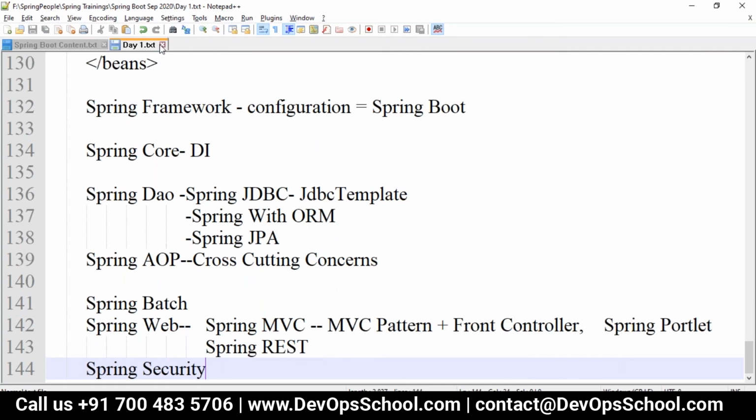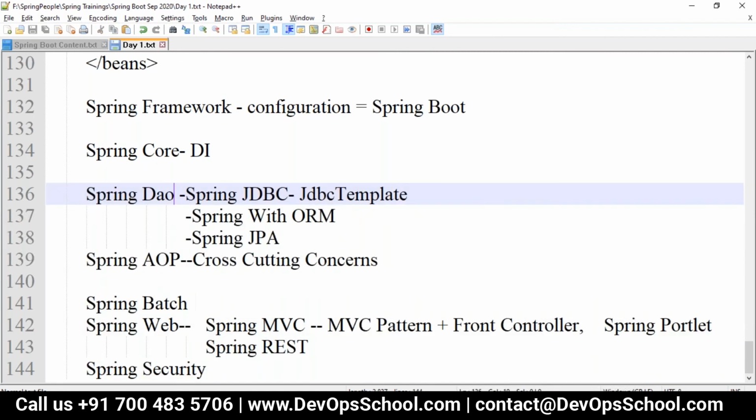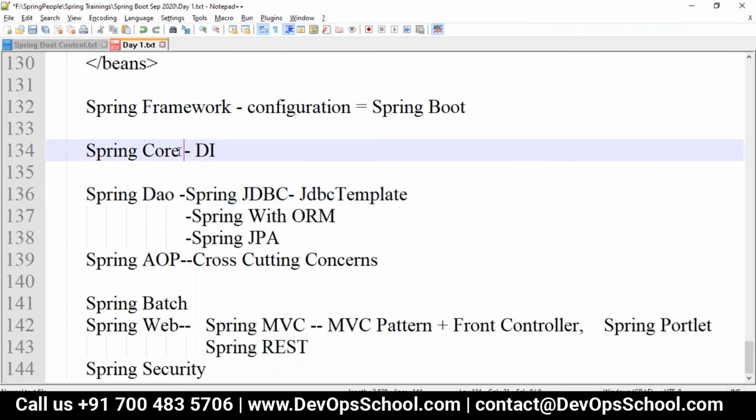So all these are the different modules available, and each module is based on some design pattern principle. But the core or main agenda is to develop loosely coupled objects with high cohesion, which is done through dependency injection. Based on this, our objects are not tightly coupled. Instead of us creating the object, we inform Spring to create the object and give it to us. That is the main agenda of the Spring framework.